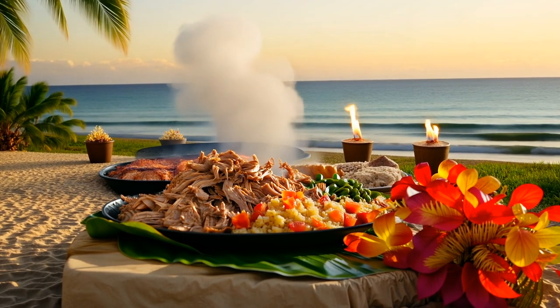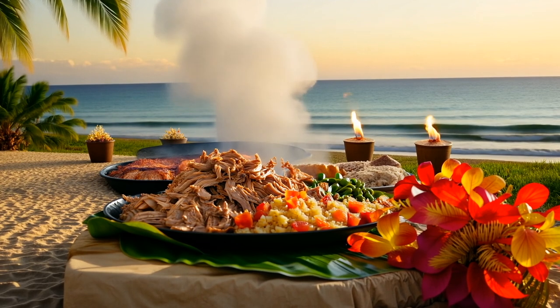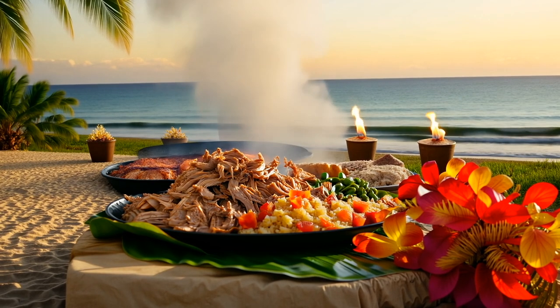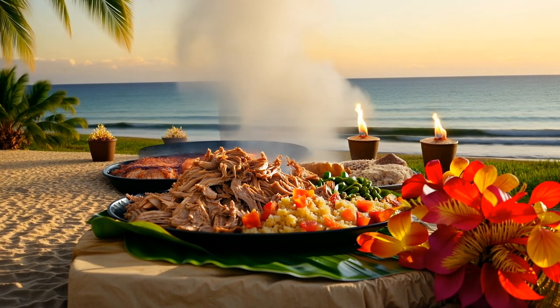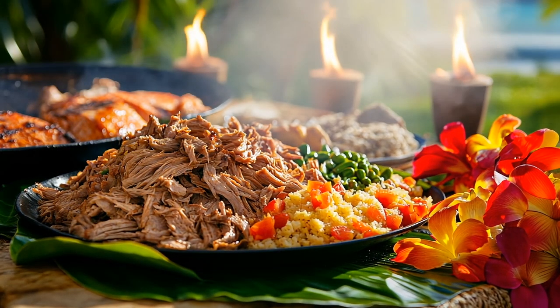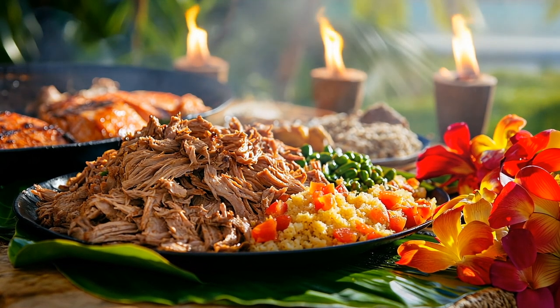Moving from the sea to the earth, we find Kalua Pig, a soulful dish rooted in ancient Hawaiian celebrations. Kalua means to cook in an underground oven, and the dish is traditionally prepared by slow roasting a whole pig in an imu, a pit lined with hot lava rocks. Wrapped in banana or ti leaves and buried beneath layers of earth, the pig cooks for hours, emerging tender, smoky,